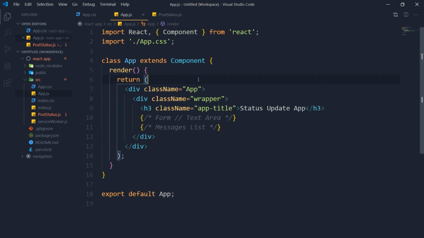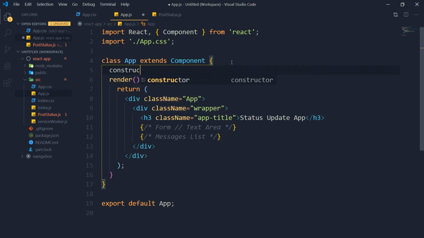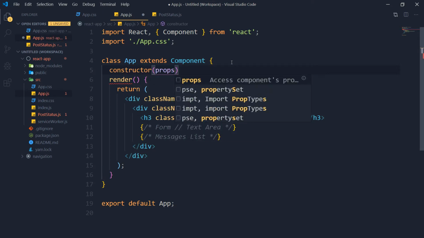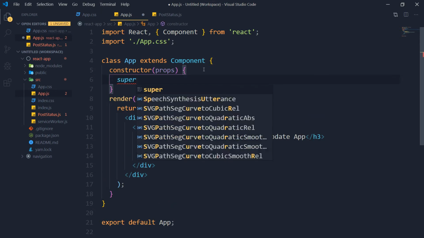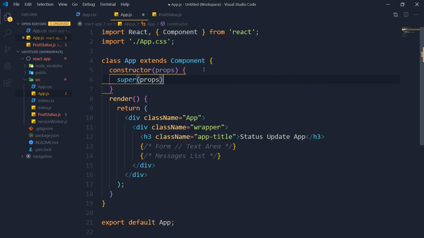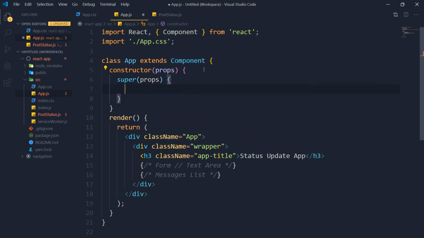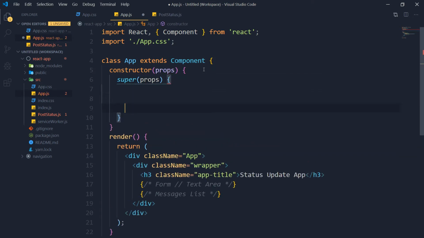let's create the state for our component, because the messages will be stored in the state and the state will forward those messages to display in the component. Constructor, props, super, props. Okay, this is our state. This dot state